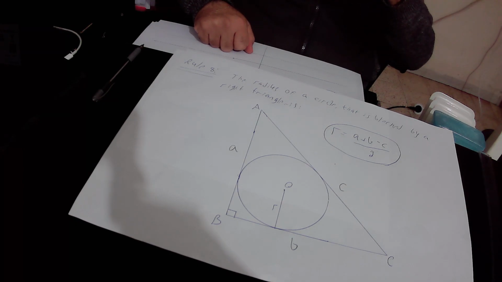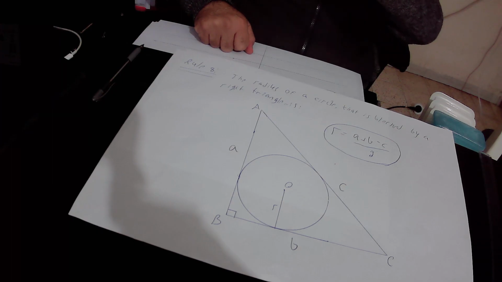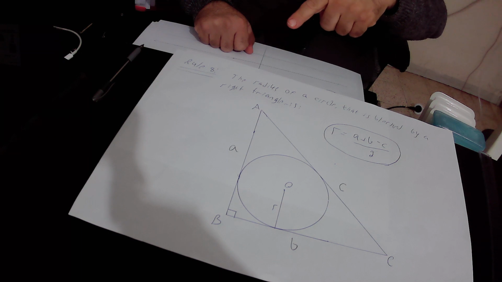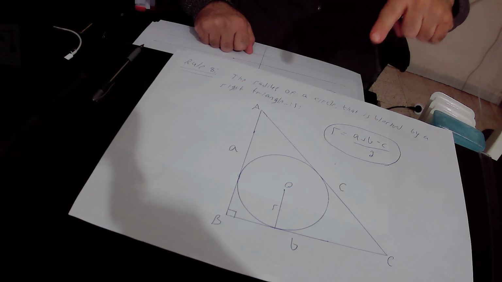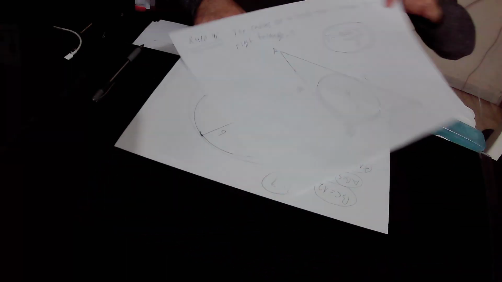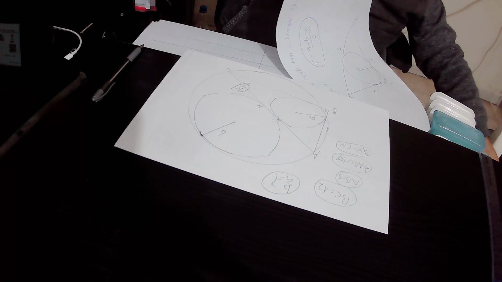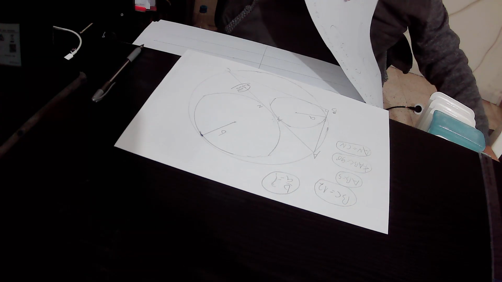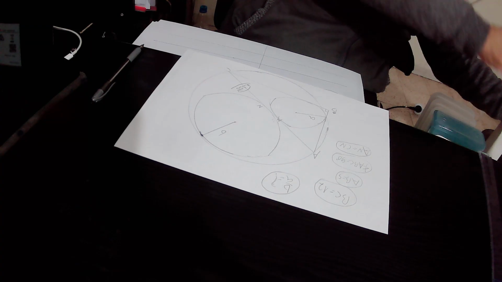So the radius R will be equal to the sum of the side lengths of the perpendiculars of the right triangle minus the length of the hypotenuse, over 2. A plus B minus C over 2. We can implement rule number 8 in our drawing. Because in our drawing we have